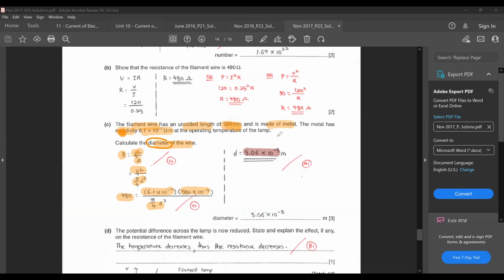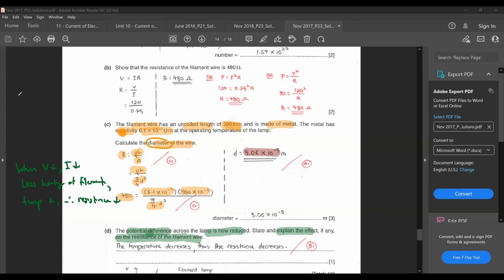Okay, right. Now for part D, they tell you that the potential difference across the lamp is now reduced. State and explain the effect, if any, on the resistance of the filament wire. So when PD reduce, current reduce, so less heating of filament, temperature drops, therefore resistance